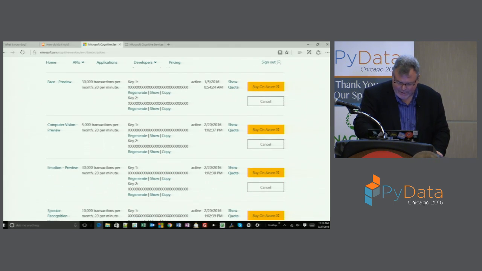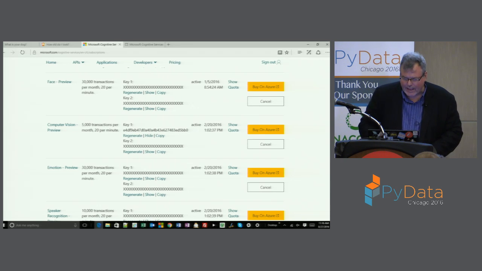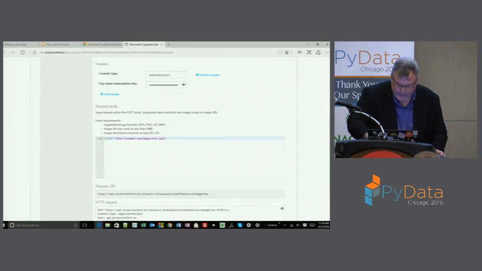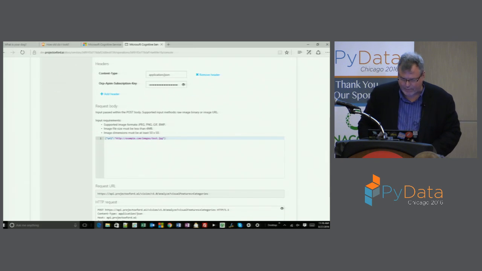Computer vision. So everybody close your eyes. Let's copy that right there. All right, it's copied. And better hide it. And I'll just paste that into here. And then this is a sample. Here's the body. I'll send this as the body right here. Let's grab that. And I want a picture of,